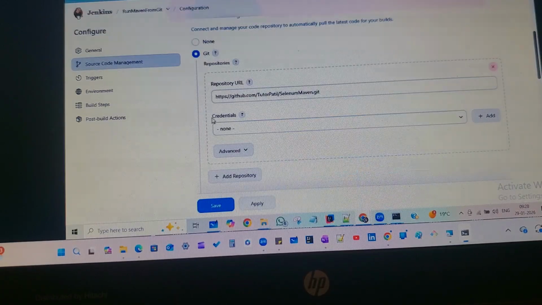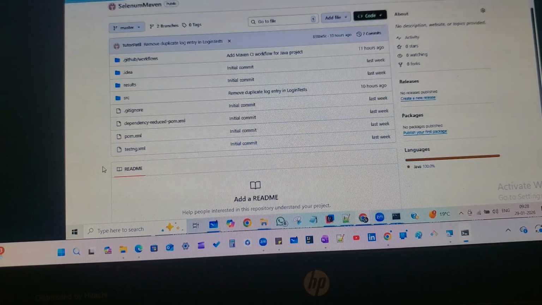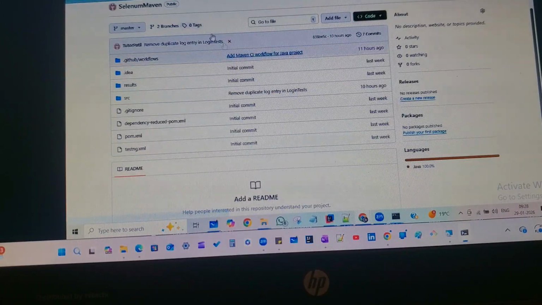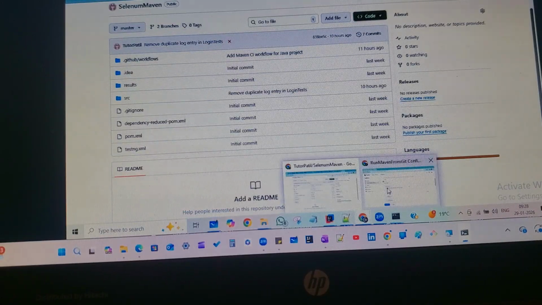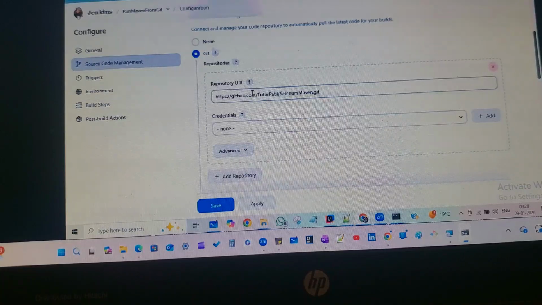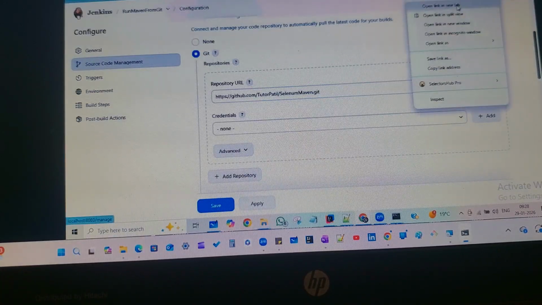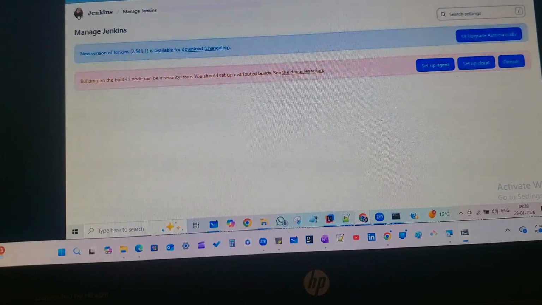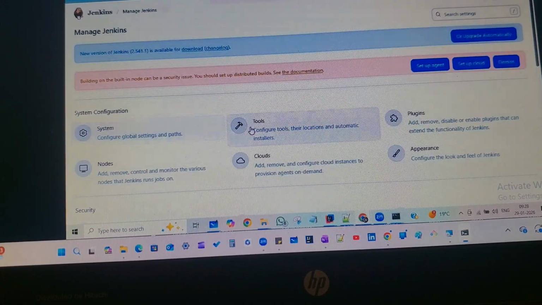See, I logged in here to my GitHub using my account, right? Now it's a public repository. Everybody can access it. If it's a private one, to access this, I need the username and password. So that username and password is what you have to give over here. Okay, so how to give that is, if you go here in the advanced one, here, right? In the